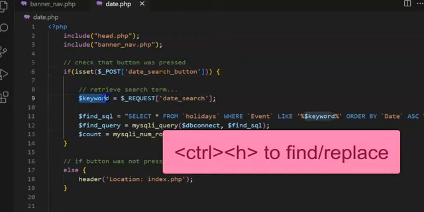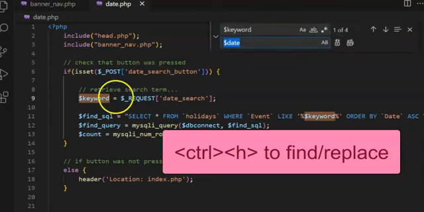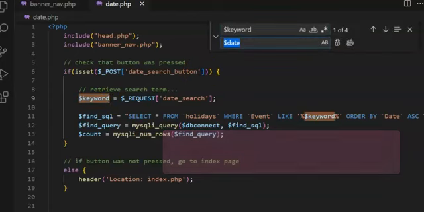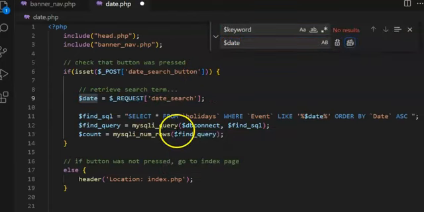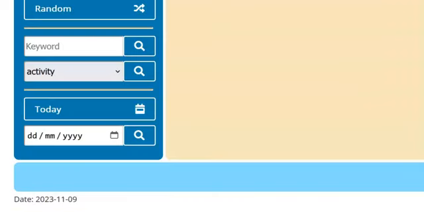Next, instead of using the variable name keyword, we can press Control H and replace keyword with date and push replace all. And if you go into phpMyAdmin and try searching for a date, at the bottom of your code, you should see that the date is in the form